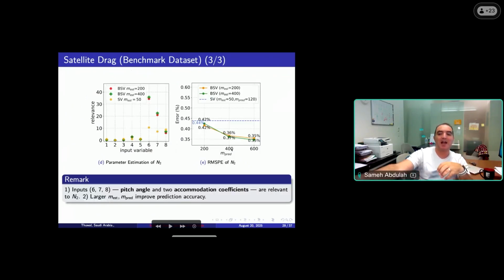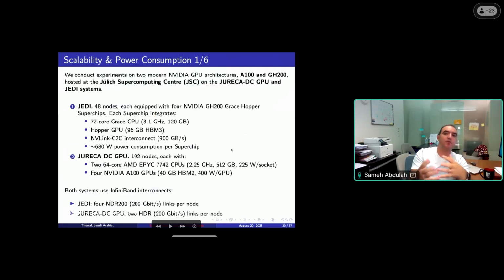I will just show here some results, maybe to give insights about the importance of the Gaussian process. First, we need to know which parameter of which species, or which type among these O2, O, nitrogen, and others, is impacting the satellite drag more. So we are simulating this using a Gaussian process. We are getting and forecasting which variables are more important. And we found, for example, the 6th variable, which is here, represented by